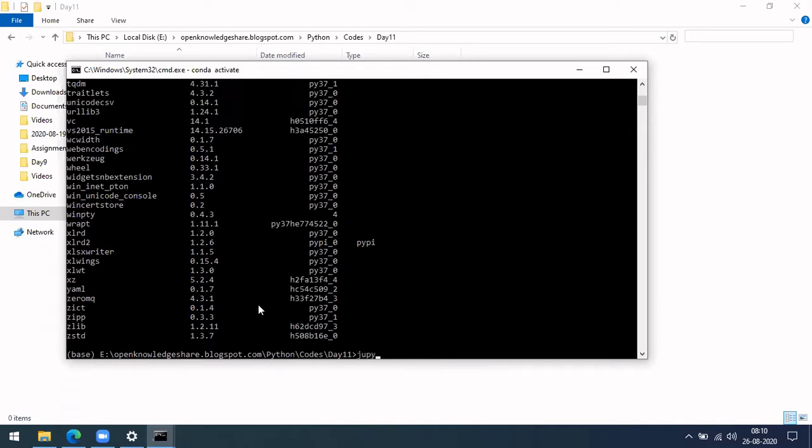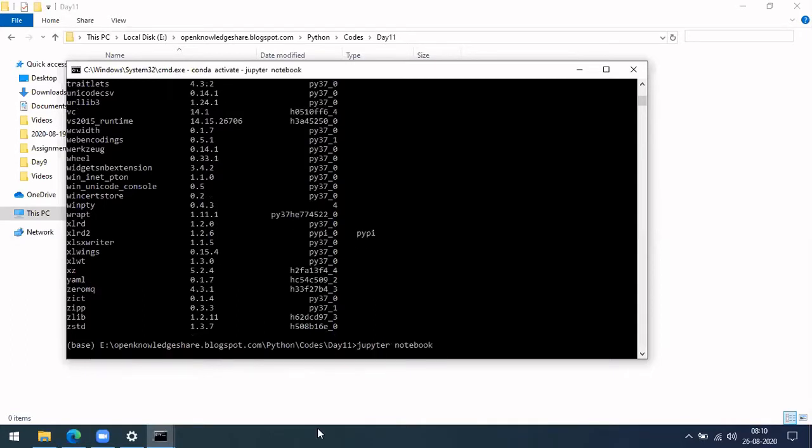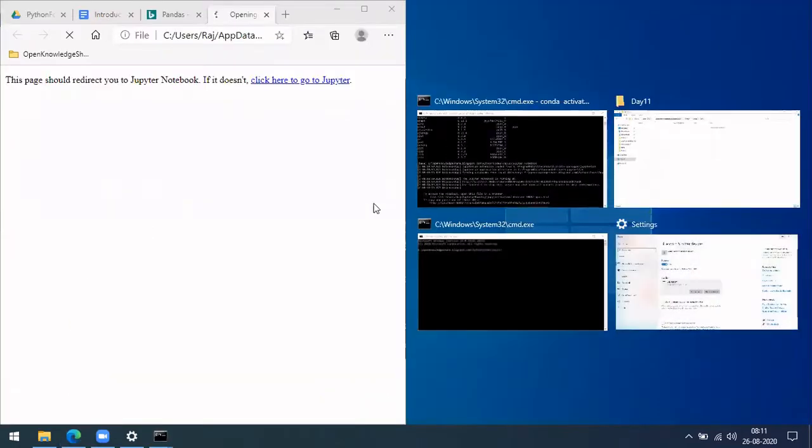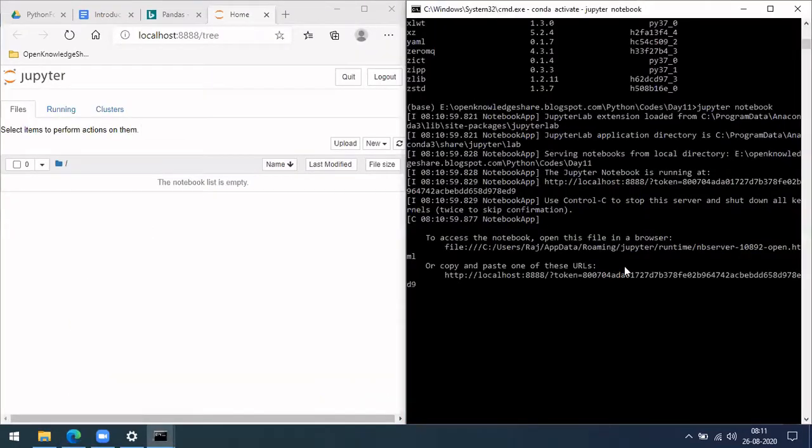So let me open Jupyter Notebook. Okay, so opening this.